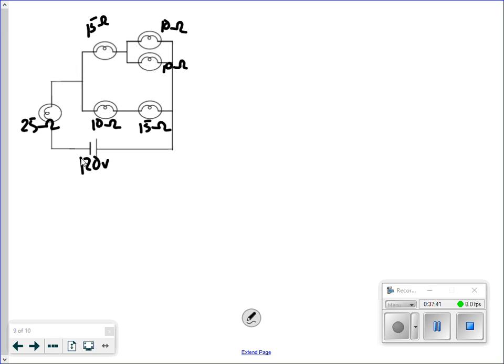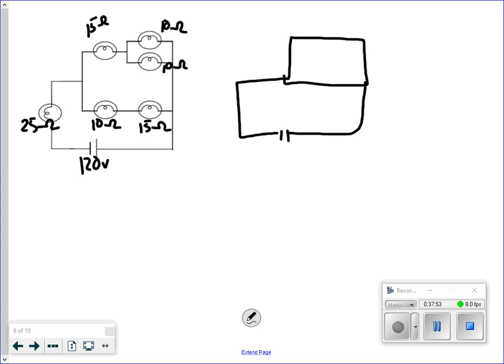Okay, so let's draw the first one. It's going to seem tedious, but I'm telling you, this is how you want to do it in order to know what you're doing. I just draw this shape first, and I do the resistors next. All right, so 120 volts here, 25 ohms, my bad. Let's try that. And I've got a resistor here, here, and here. Now, let's leave these the same. So 10 ohms, 15 ohms,